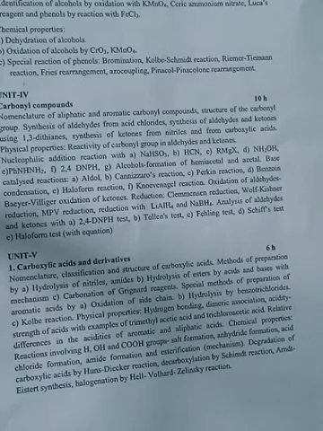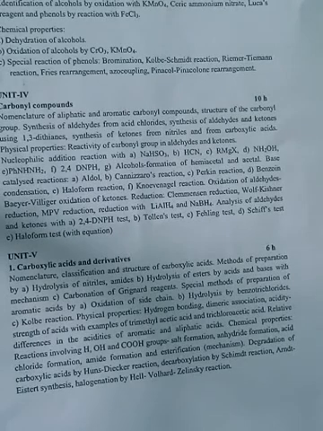And then the general methods for the preparation of carboxylic acids, especially hydrolysis of nitriles, amides, and hydrolysis of esters by acid and base with mechanism, and third one is the carbonation of the Grignard reagent. These are the 3 important methods for the preparation of carboxylic acids. And special methods for the preparation of aromatic acids are oxidation of side chain, hydrolysis of benzotrichlorides, and the Kolbe reaction. These 3 are the special methods for the preparation of aromatic carboxylic acids.